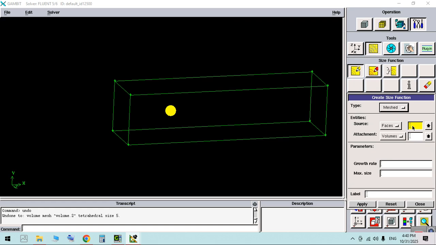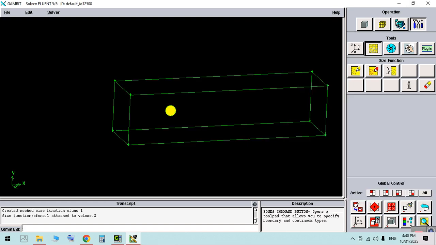In the Sources tab, select the sphere surface, and in the attachment, select volume, and the main volume you have. And in growth rate, for example, 1.2, and in maximum size, for example, I determine a number of, for example, 10. Okay, apply it, close the window,